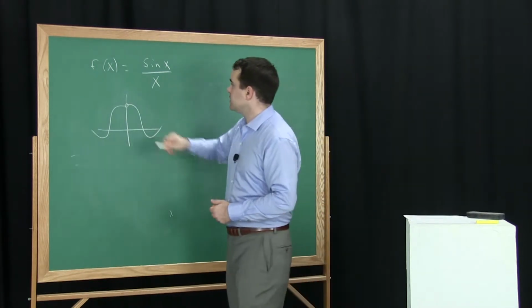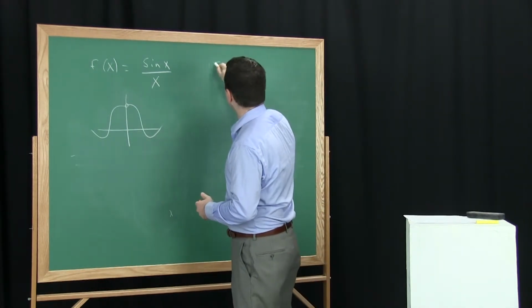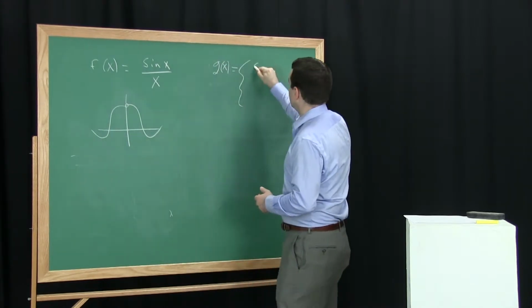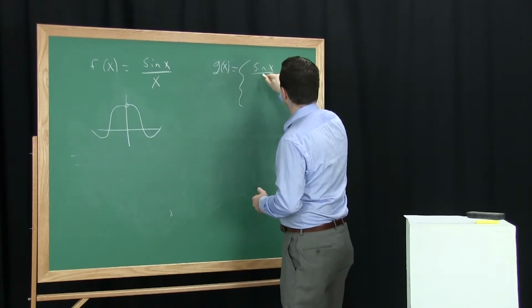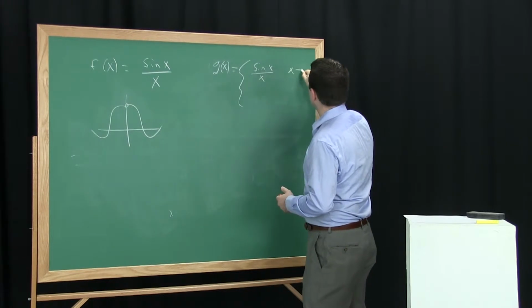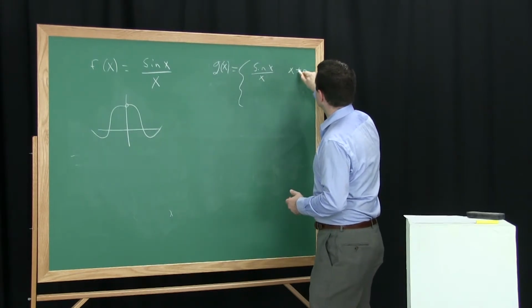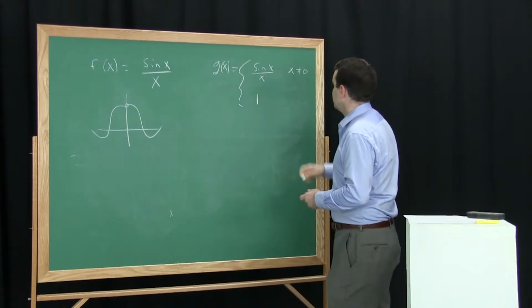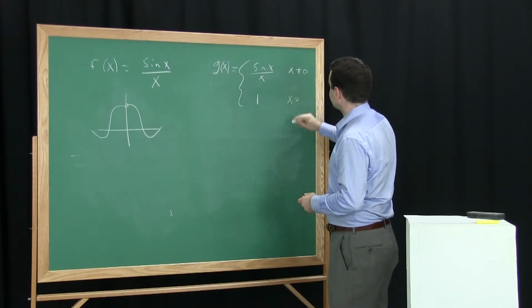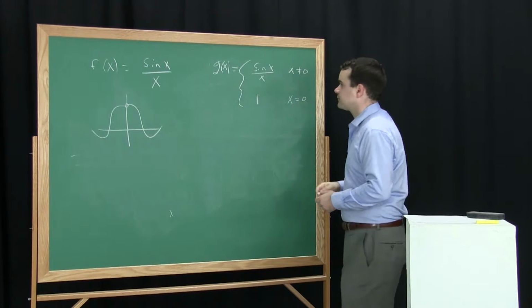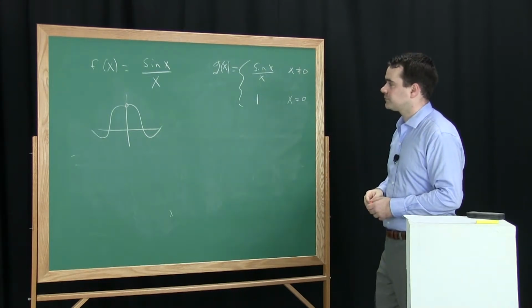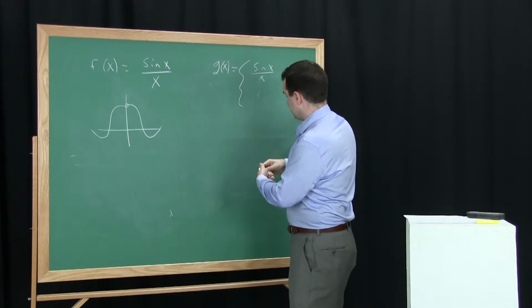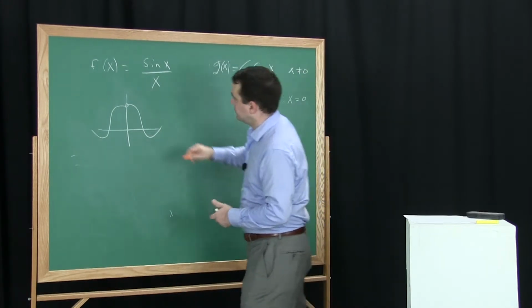One thing I could do is I could fill in the hole. What I mean by that, I could define a new function that's equal to sine x over x whenever x is not equal to 0. But when x is equal to 0, I could just define it to be equal to 1. And we'll bring in a little color, and I can fill in this graph by